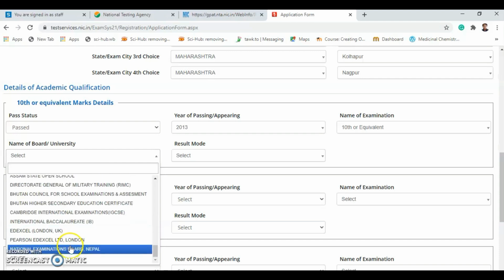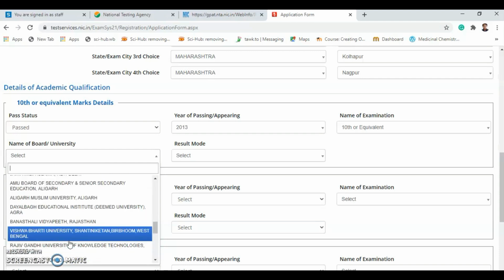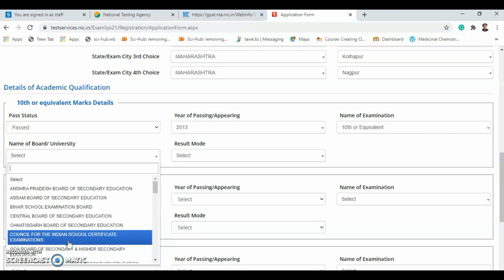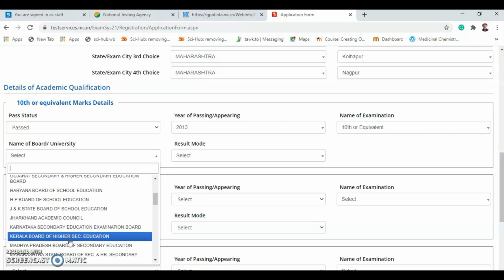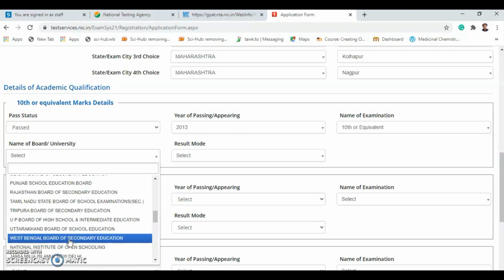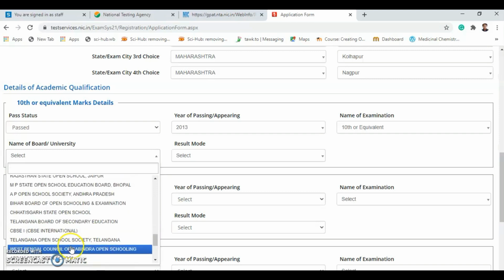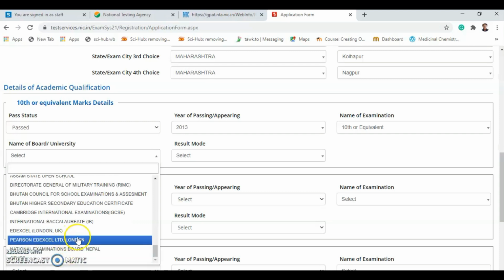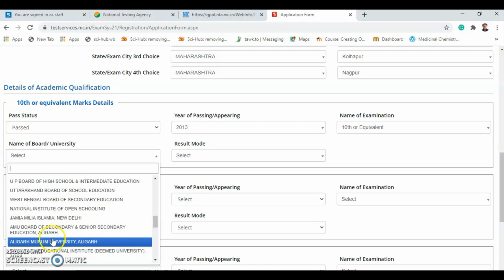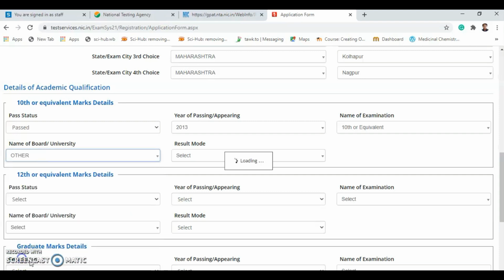You need to select the board, and if your board is not available, you choose other. Here you need to mention your board, and the name of your board is mentioned on your 10th result. In our case, it is Nasik board.